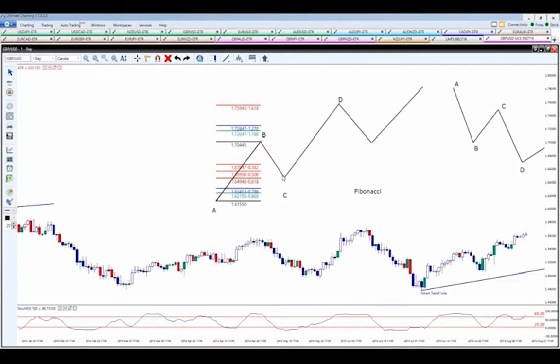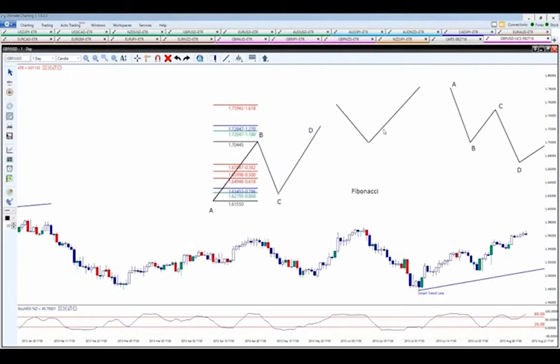Now if the market pulls back to my blue retracement level and forms that U-turn, I'm going to show you in just a second how we can find the U-turn. If we buy into the market, we'd be looking for a D point to exit at the blue, A, B, C, D, just like that. Now, if the market pulls back to the green, very simply, if we buy into the market after it U-turns at the green, we'd be looking to exit at the green extension, A, B, C, D, just like that.